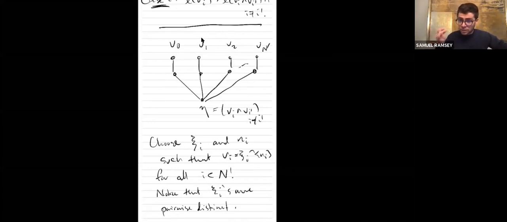If the xi's were common, then they would have a common initial segment, and then they would differ only by 1. So because we're not in case 1, I can find something that they extend, which are all pairwise distinct. So we're going to call that xi. So this is like xi0, this is xi1, this is xi2, this is xi n prime. All right, so this is where we're at. Then